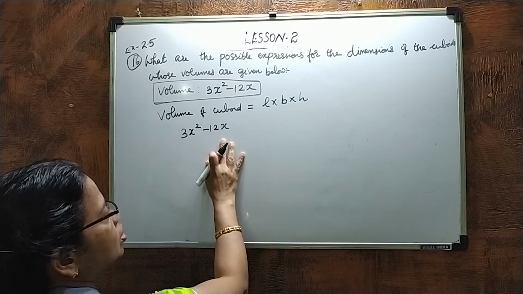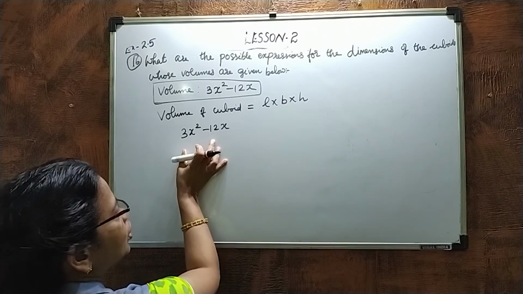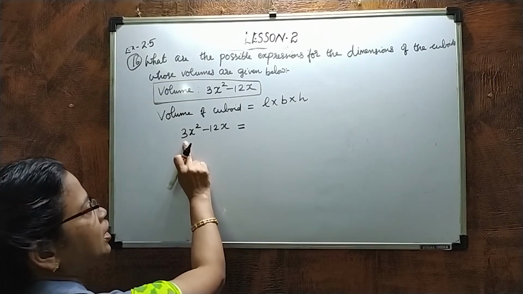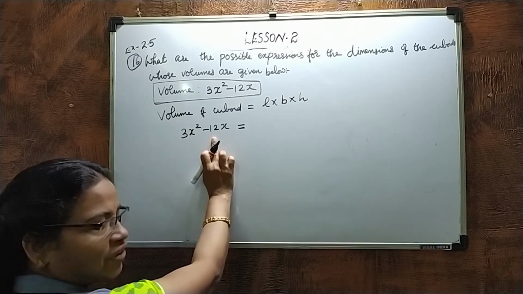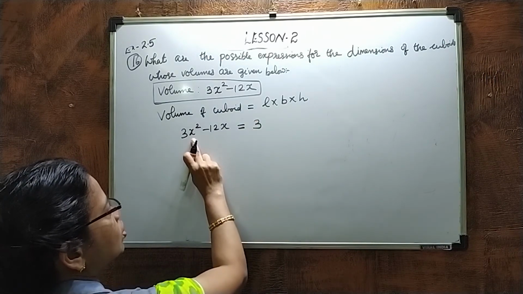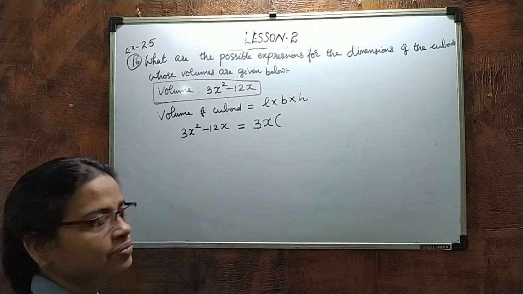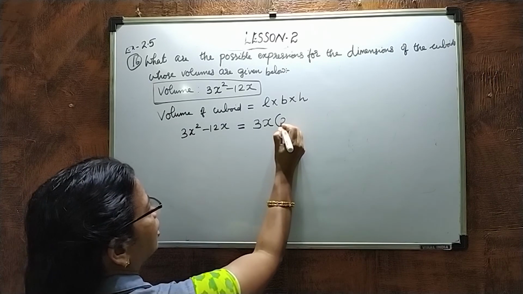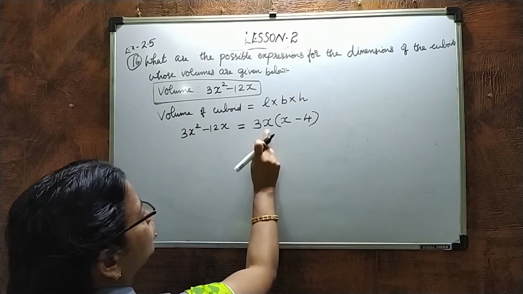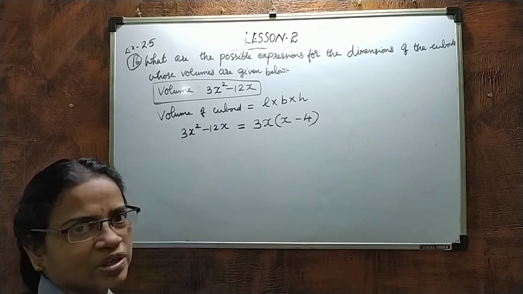Now from here, this is also a quadratic polynomial, but that constant is missing. So here what you can do is take anything common outside. Here 3 is there, here 12 is there. Can you find out the common? 3 itself is common. Then x also: here x square is there, x is there, so x is also common. Balance, 1x will be there, right? Minus 4. So 3x into x is 3x square, minus 3x into 4 is 12x.